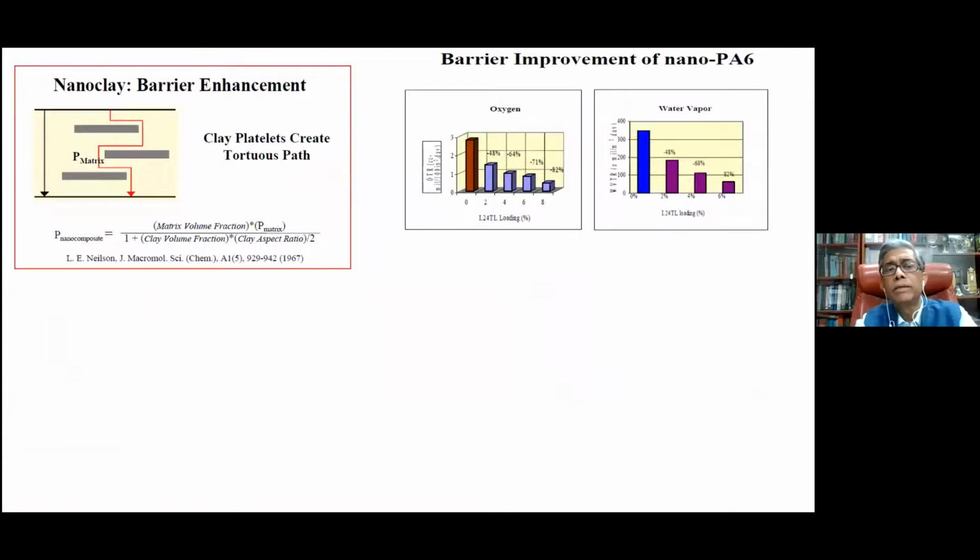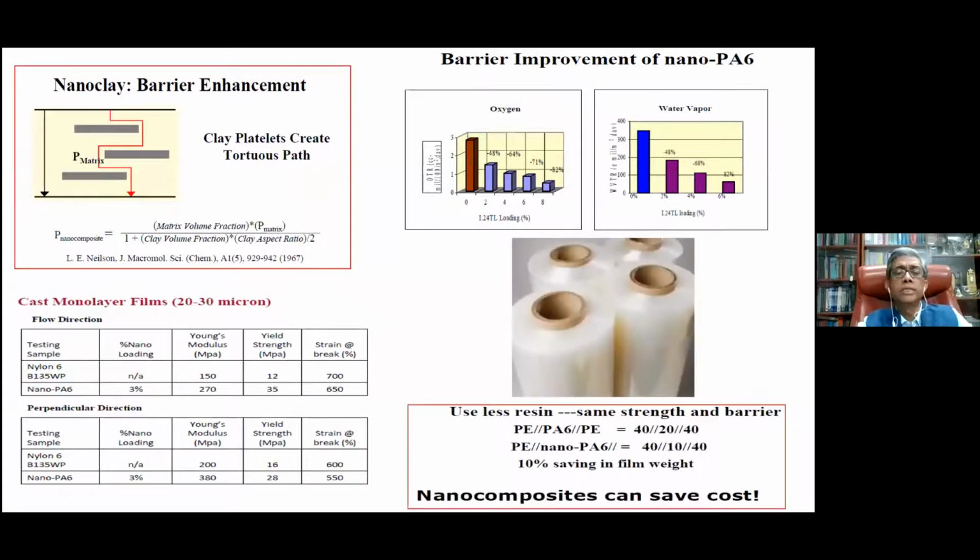So we have done by the nano clay. This gives a kind of oxygen barrier which has gone down by 82%. You can see that water vapor has gone down also by 82%. But if you see that as we use nylon to nylon nanofiller composite, you can see that only 3%